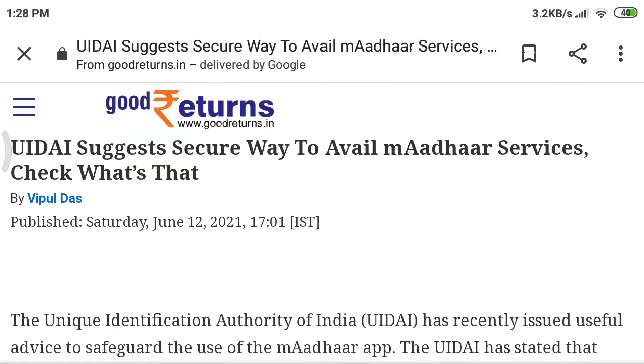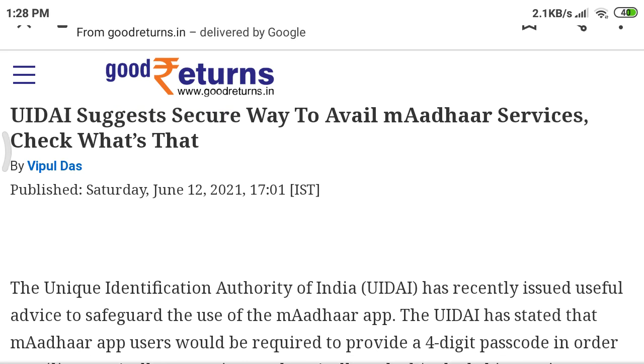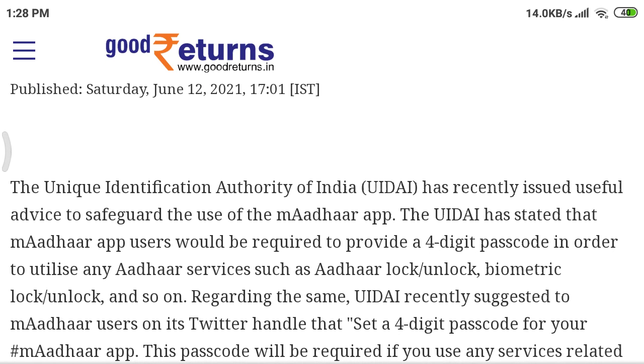Guys, today we will discuss the UIDAI suggested secure way to avail M-Aadhaar services. What's that? The Unique Identification Authority of India (UIDAI) recently issued useful advice to safeguard the use of the